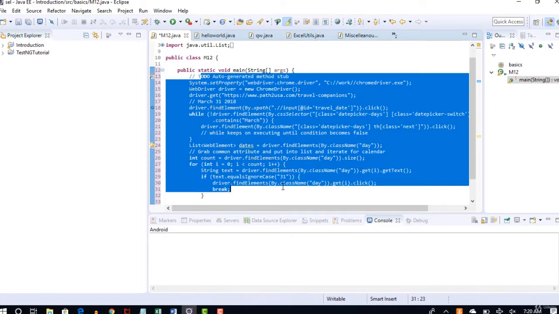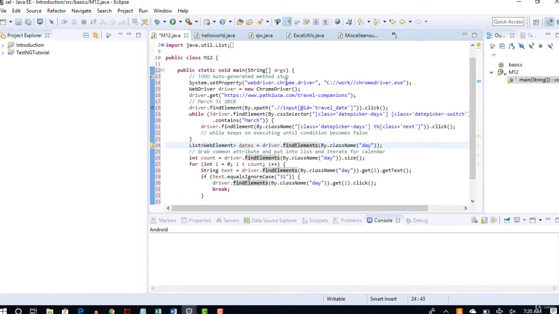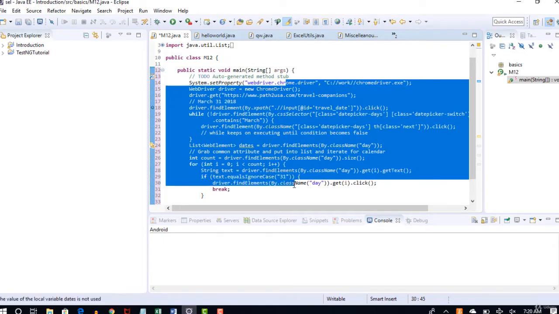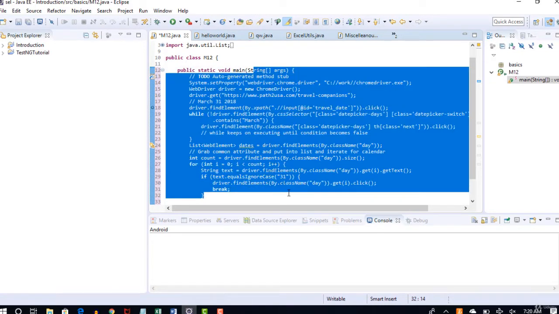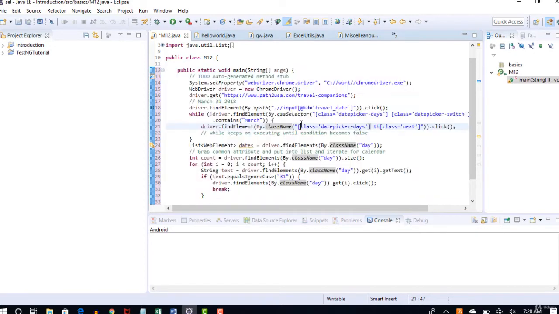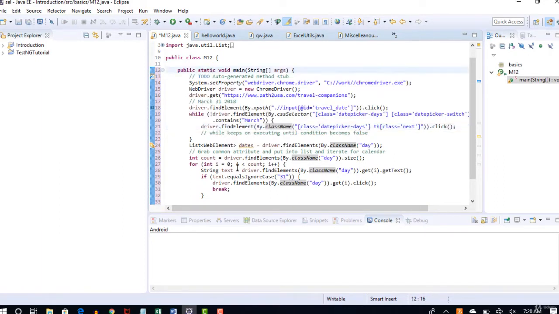In real time you need this because once you complete your coding and once you complete your automation test, you will raise a pull request to merge this code into your develop branch. That's how it generally happens in real time. When you raise a pull request, someone has to approve your code. It's not just that you write code and it goes through to the branch. Someone has to look at your code and approve. At that time they may ask you to format your code if it is in a junky fashion.